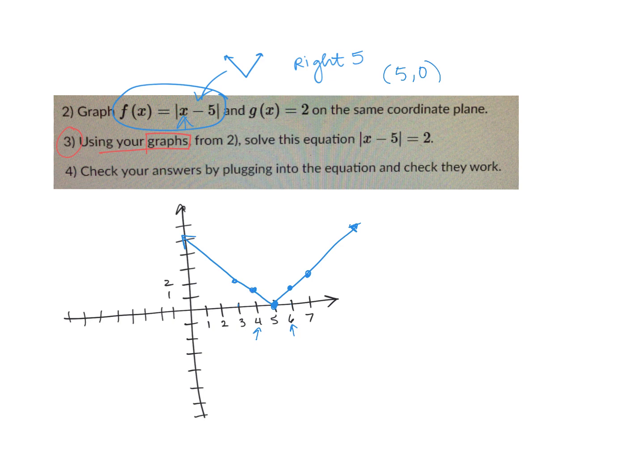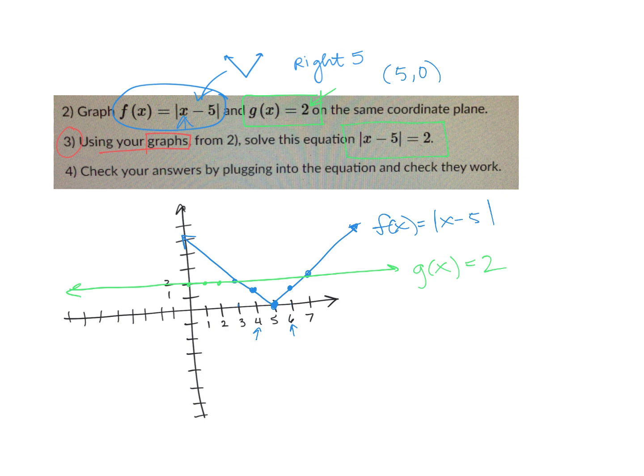Now it also wants us to graph g of x equals 2. You see no variable on the right side. That means we're a constant function, which means that we have a horizontal line where every output gives us 2. So we have our f of x function graphed there, and we have our g of x function also graphed here. The majority of you did this perfectly. You have your graphs going on,